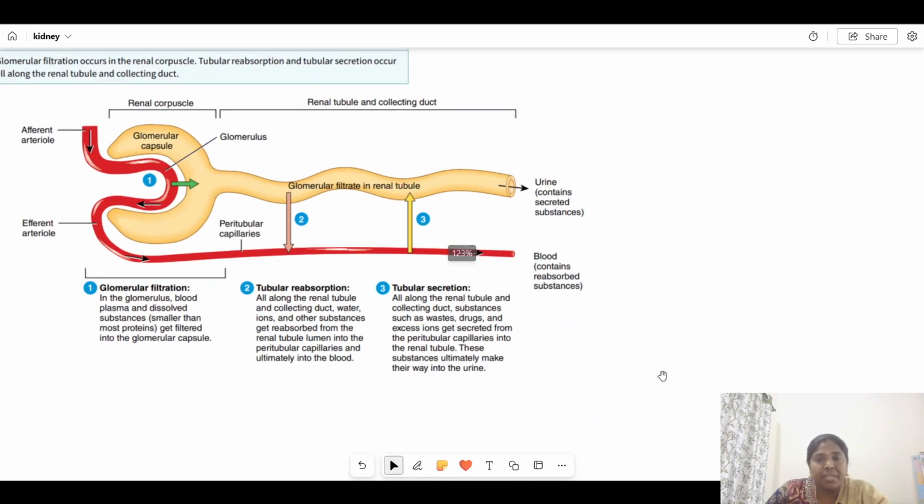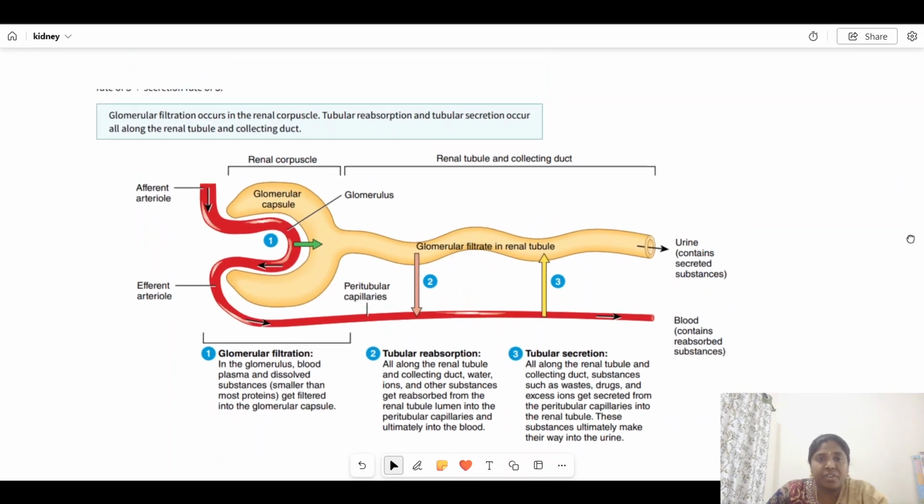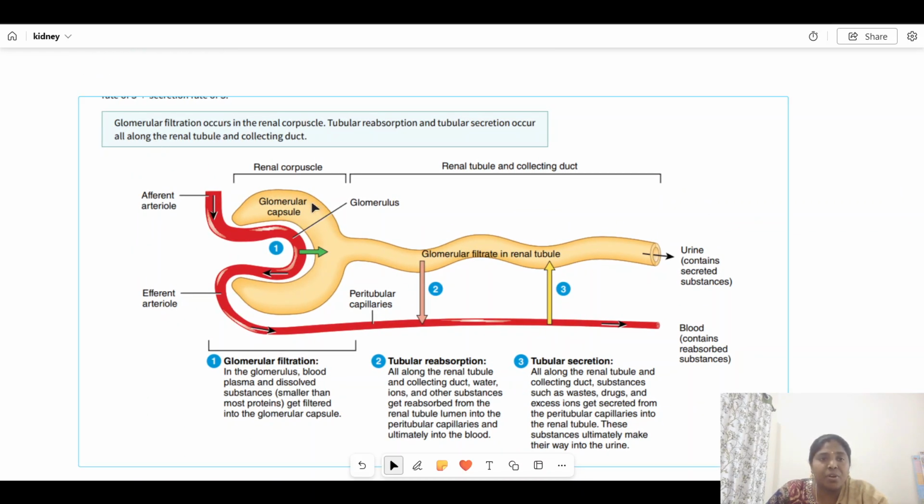When you look at how this urine is getting filtered, what the GFR rate is, everything we will see here. Glomerular filtration involves three main steps that take place here in the glomerulus. One is glomerular filtration, and then tubular reabsorption, and tubular secretion. So in this